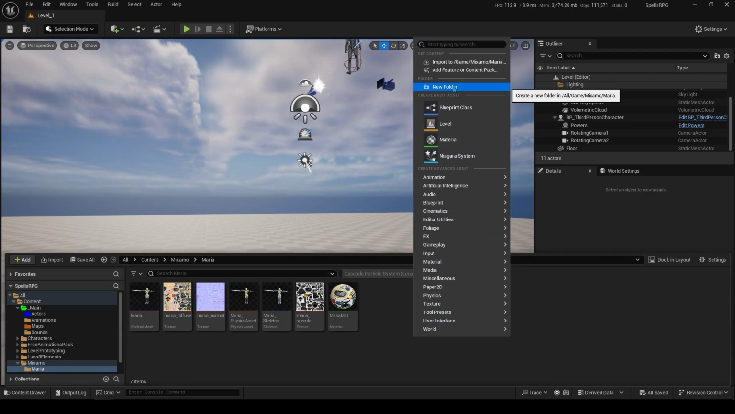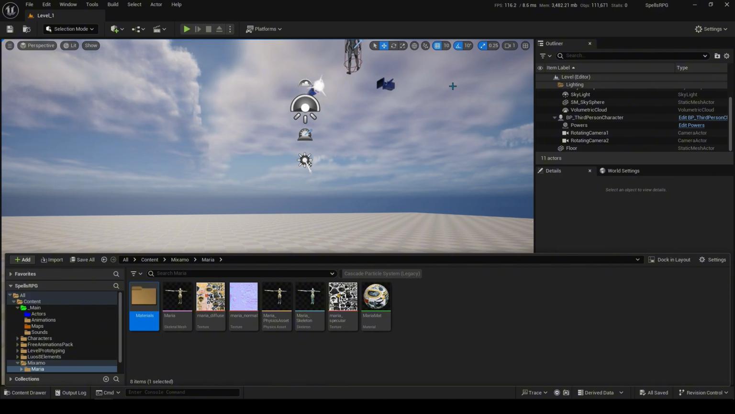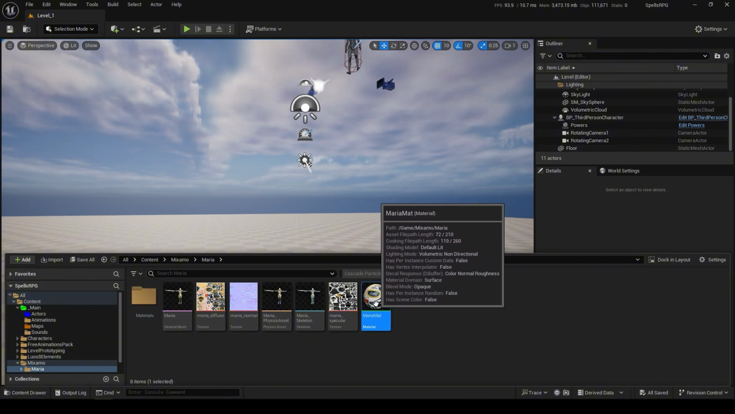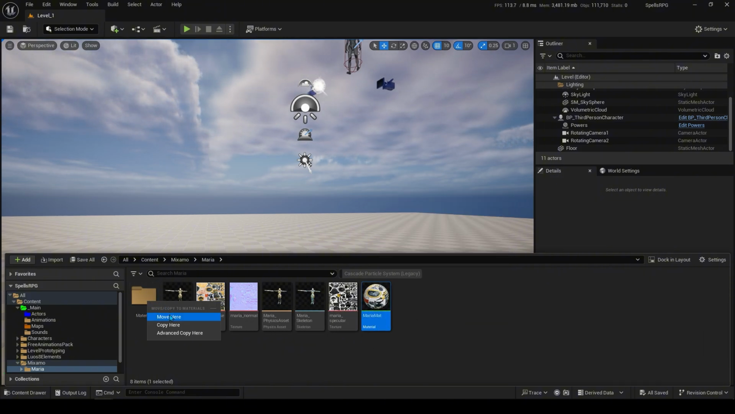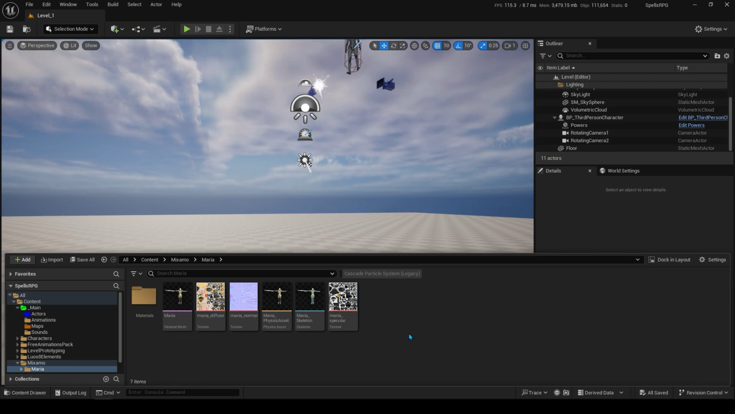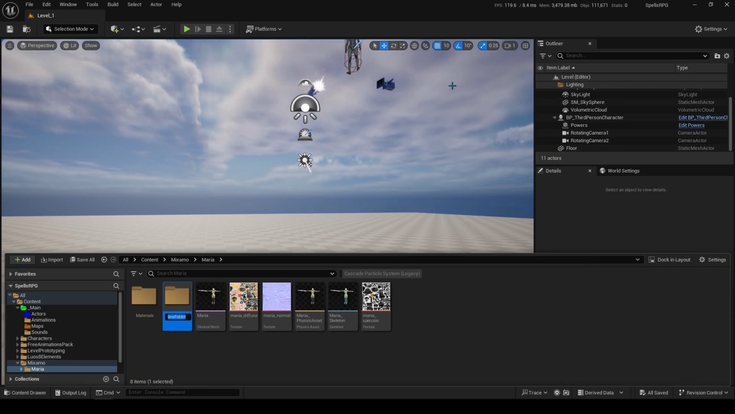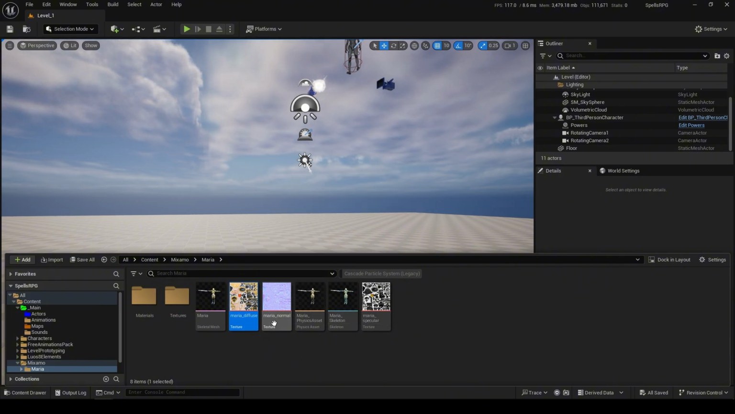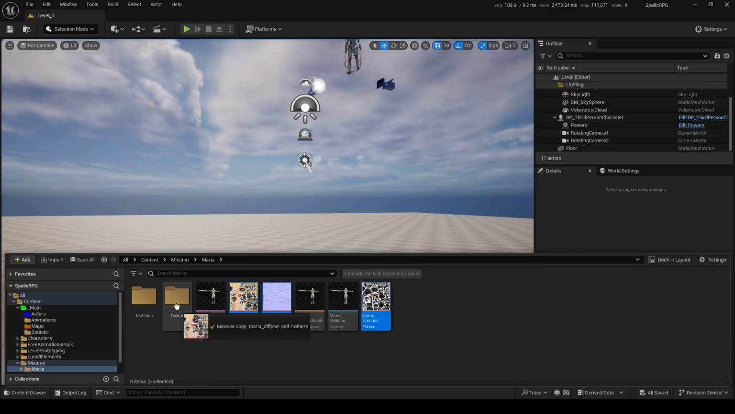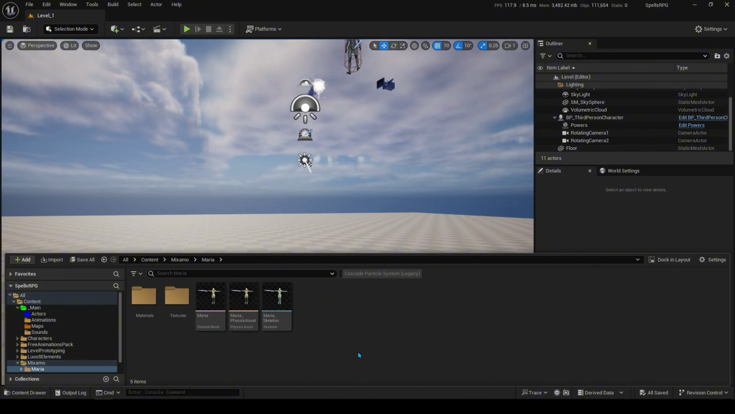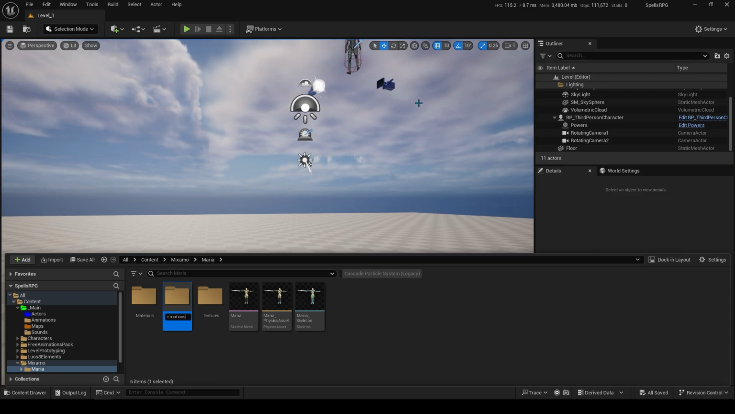Now let's make another folder. Materials. So get the material and move it inside. And another folder for the textures. Just select these two, actually these three, and click and drag inside the textures and move. Now another folder for the animations. Now open the folder